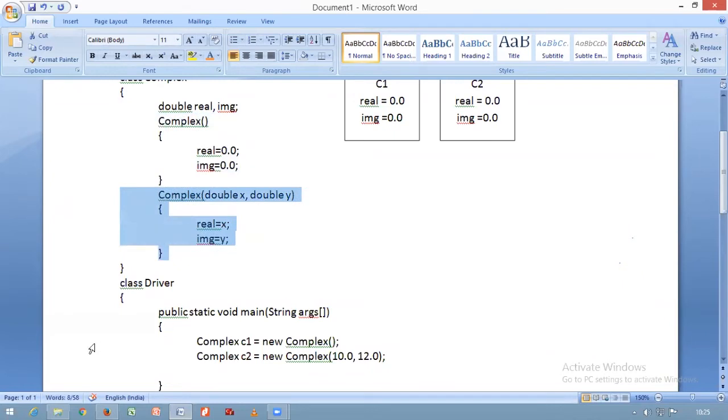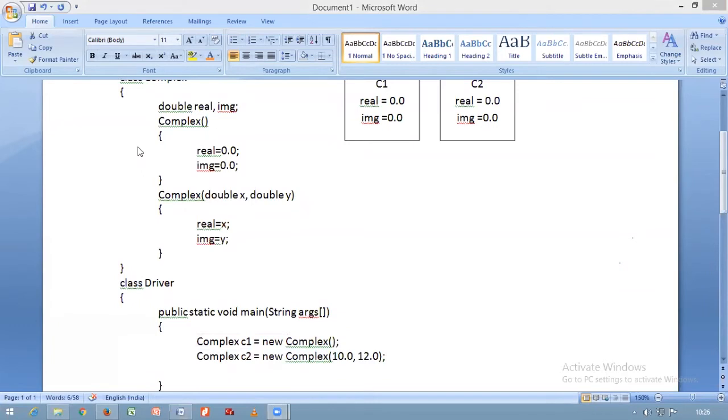See here. Now the question is, here you are creating an object. Which constructor will be called? I told you before, when you create an object, a constructor will be called by default. So while creating object C1, whether the first constructor will be called or the second constructor will be called. While creating object C2, whether the first constructor will execute or the second constructor will execute.